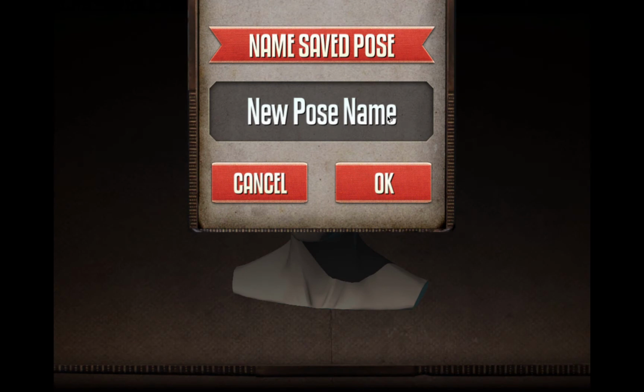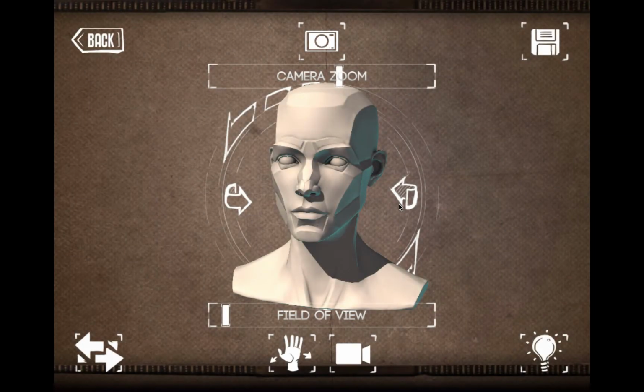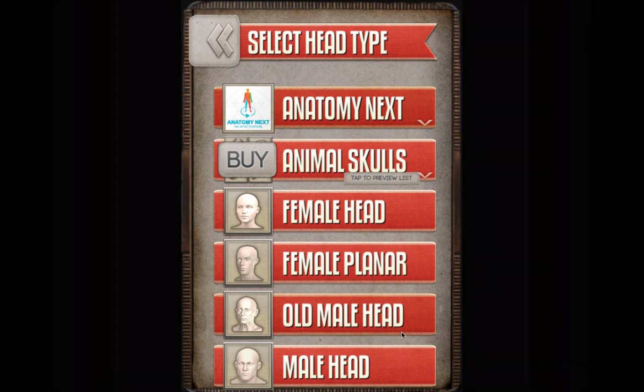What you do then is you can say the name of the pose. So I'm going to call this one 3/4, 3, it doesn't give you many letters that you can use, so I'm just going to use like that. So 3/4, 3-point. It essentially takes kind of a screenshot of that, and then if you go back,